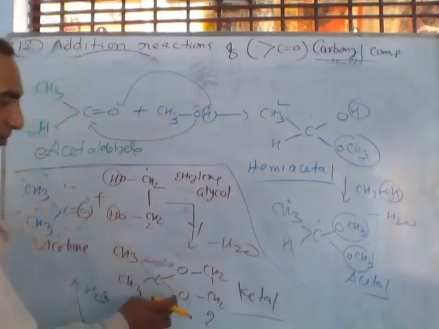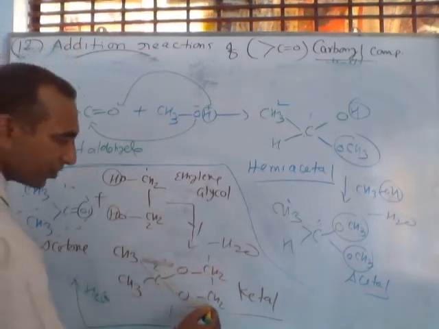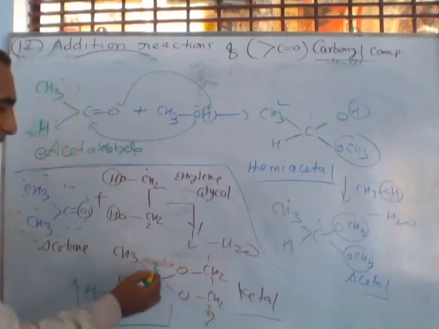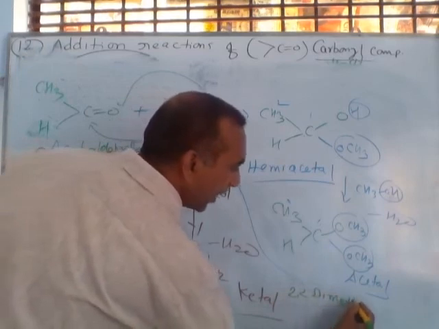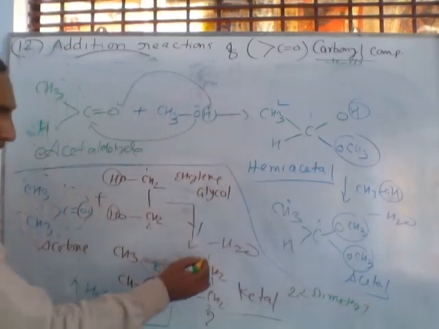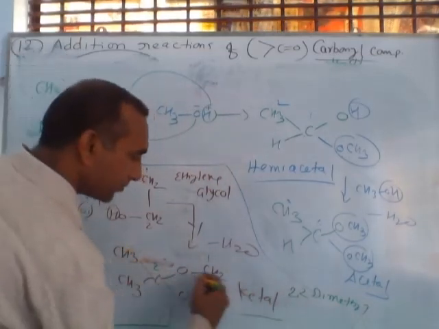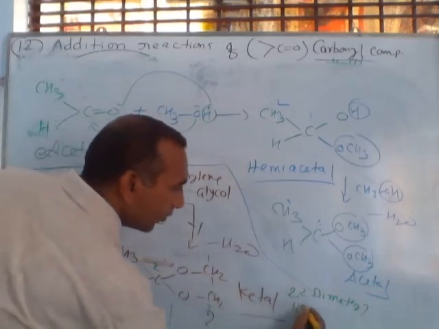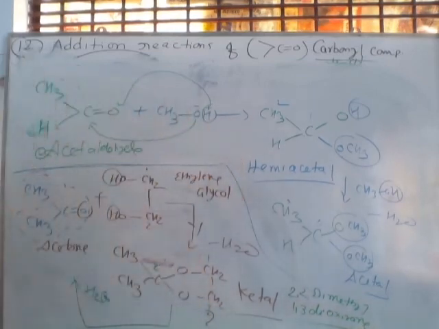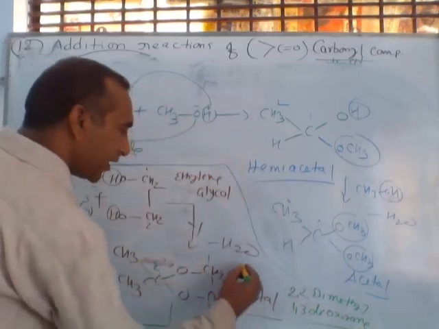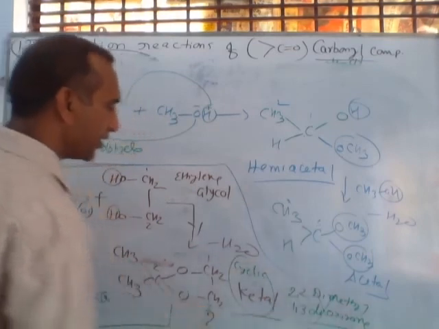And caution, this compound is actually called, numbering from here 1, 2, 3, left oxygen. On 2 there are 2 methyl, this compound is called 2,2-dimethyl, and on 1 and 3 there are oxygens. This is called 2,2-dimethyl-1,3-dioxolane. This compound is called dioxolane. So you can say this is cyclic ketal. So you can write here only cyclic ketal. No need to write this compound.